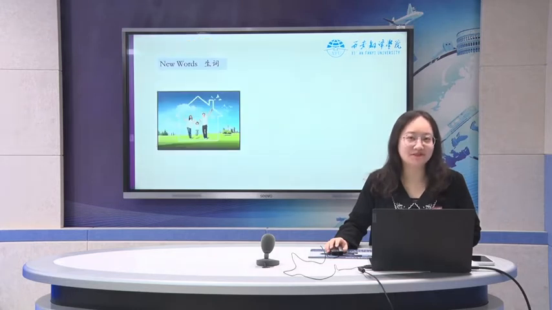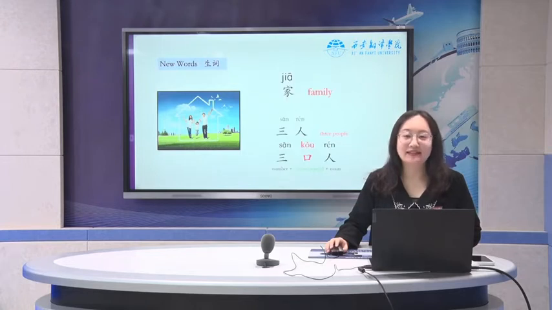We have some new words. First one, 家, that means family. You can see the picture. There are 3 people, right? So we can say 三人。